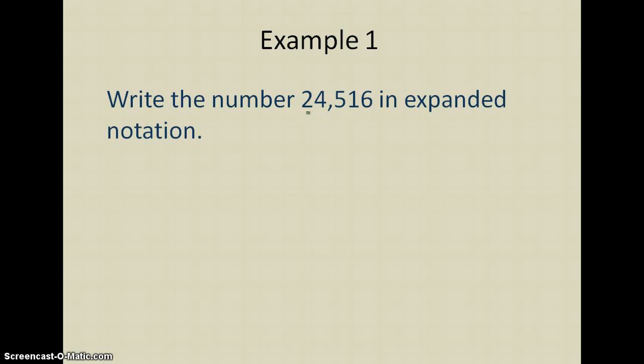So if I'm doing the number 24,516, I'm going to start with the 2 because it's the first number. And what I'm going to do is I'm going to say that the place value of the 2 is the 10,000s place. And I know that because I can count backwards from the ones place here, and I can see that the 6 is in the ones place, the 1 is in the tens place, 5 is in the hundreds place, 4 is in the thousands place, and the 2 is in the 10,000s place. So if I'm writing this out in expanded notation, I'm going to say that I have 2 10,000s